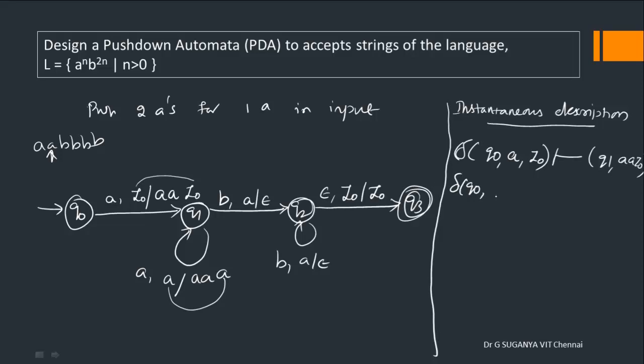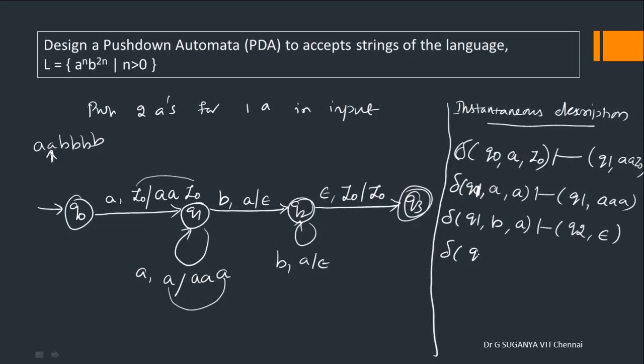Similarly, Q0, comma, no, only one transition from Q0. So from Q1 on A, when your input is A, what is that? The destination is Q1 and this A has to be replaced by triple A. And from Q1, you have B as your input and A is expected to be on the top. You will have Q2 and epsilon.